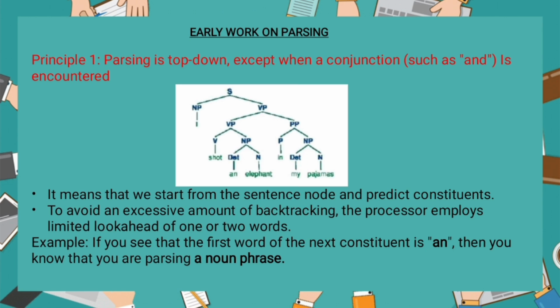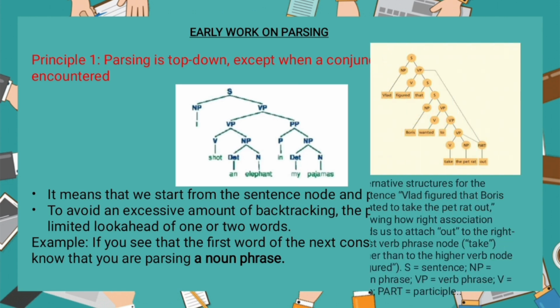This principle describes a key aspect of top-down parsing, a method used in natural language processing, or NLP, to analyze the grammatical structure of sentences. It means that we start from the sentence node and predict constituents. Example: if you see that the first word of the next constituent is "an", then you know that you are